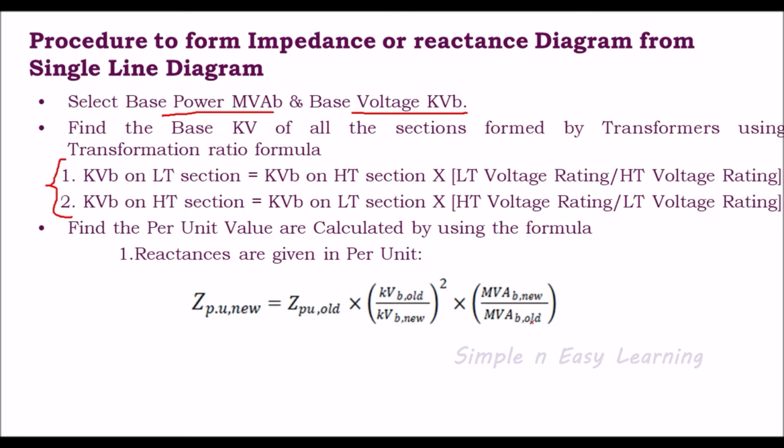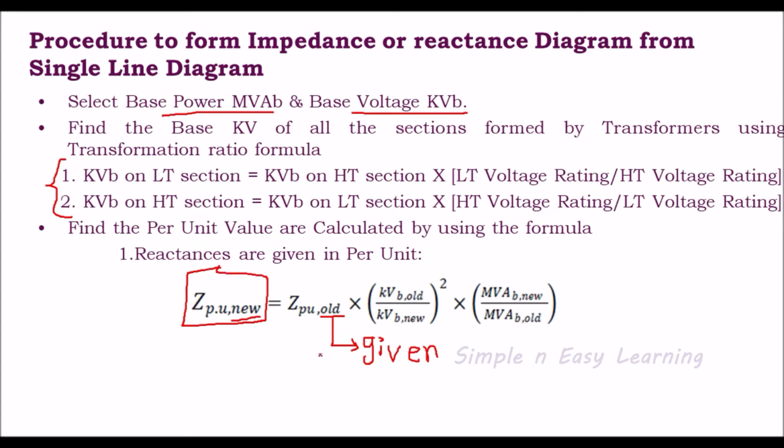That is the formula. So what are this old and new? New is the base value. New represents the new value we need to find. Then the second one, Z per unit old. Old is nothing but your given value. In the problem, Z per unit itself is given. Based on the kVB values and all the power ratings, we need to find the new per unit value. Z per unit new we need to find